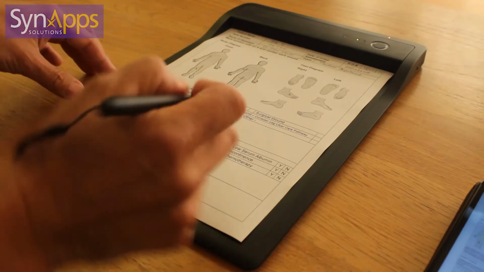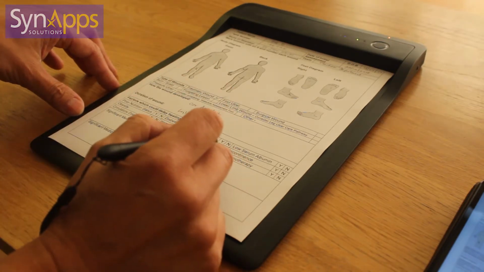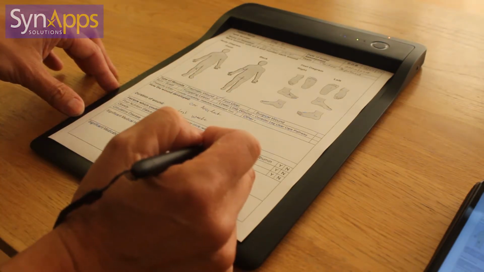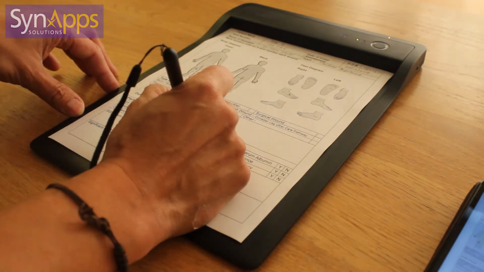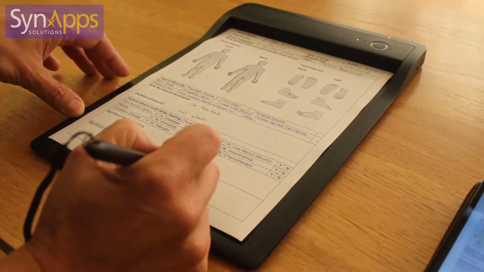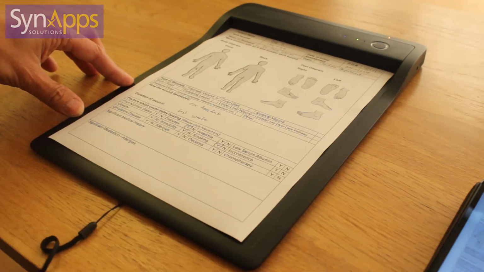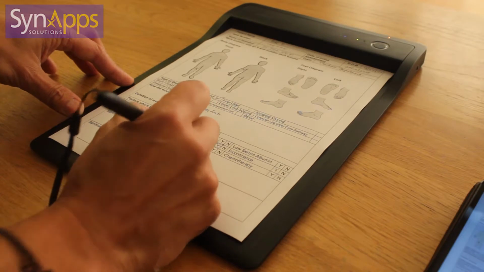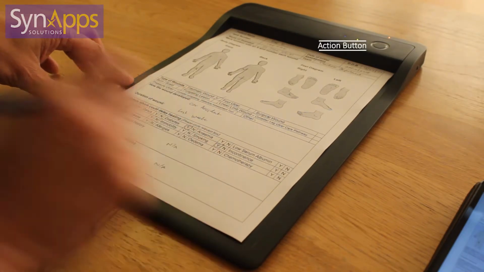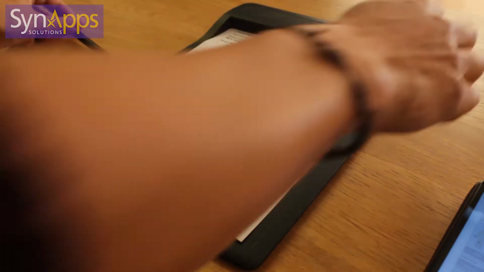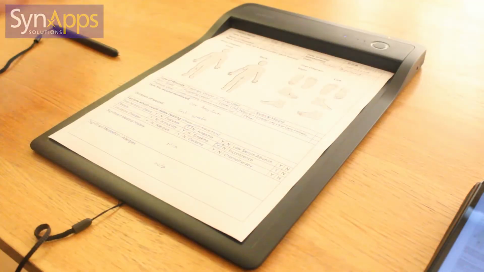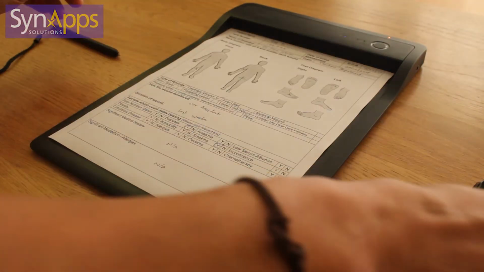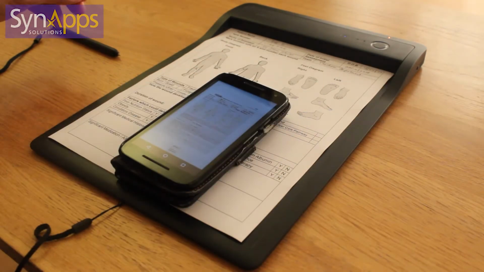Then there might be some information that we might want to put here in terms of anything that's causing a delay in the healing. So for example, if I had diabetes and I'm a smoker. Then in terms of the rest of the form, I can put not applicable here, not applicable here. Once that form is finished, I click the action button, and then if I move over to the Android app, which is capturing the information on the cloud,